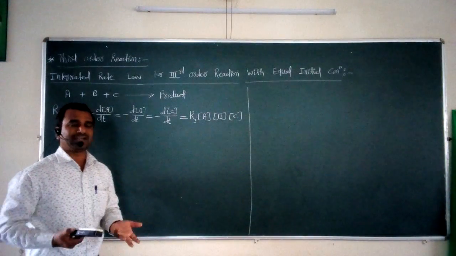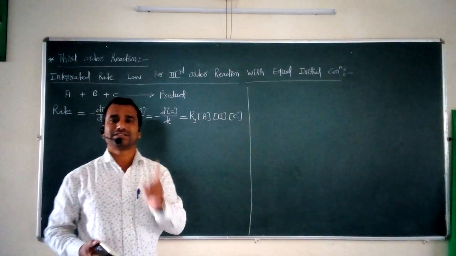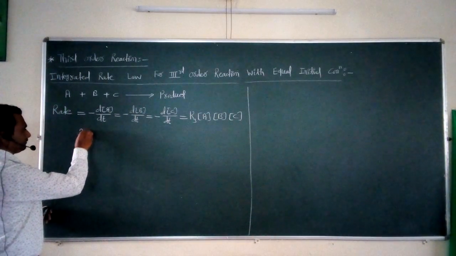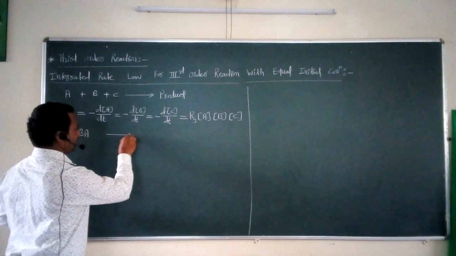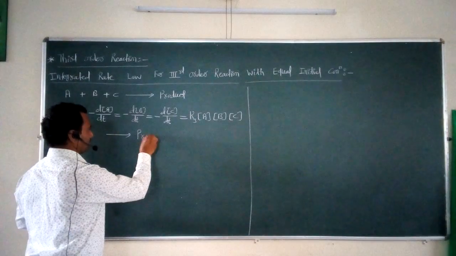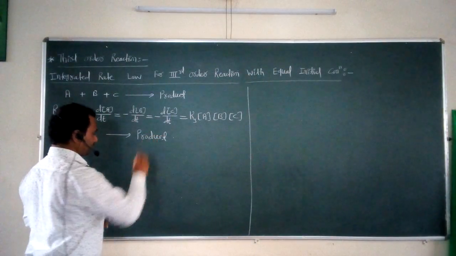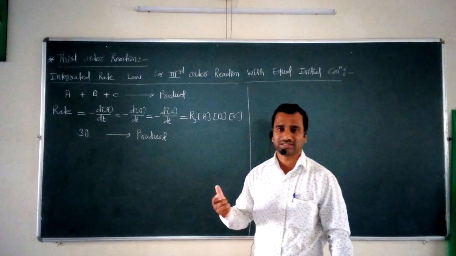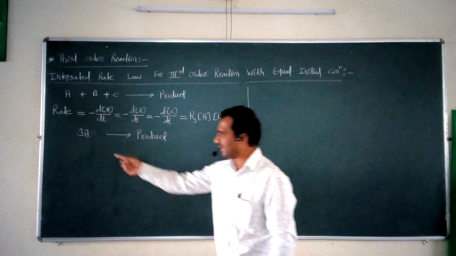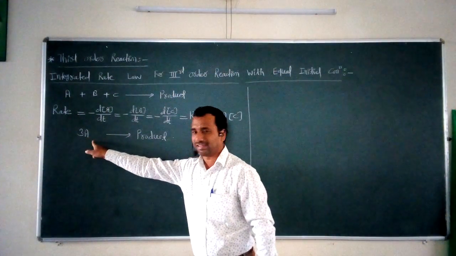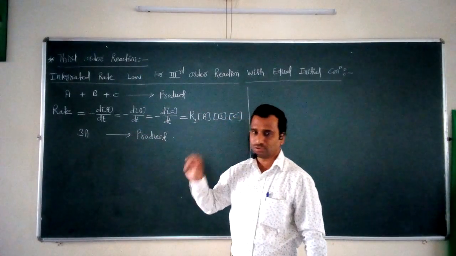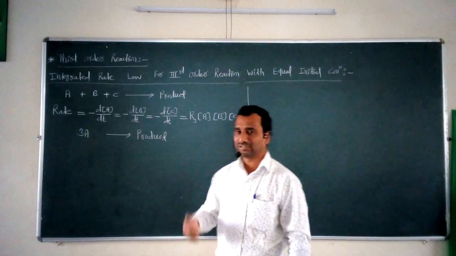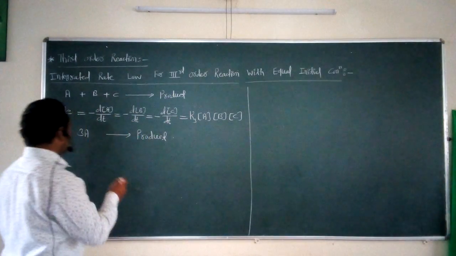Now we may take another general example for the same third order reaction, as you may write here thrice A gives the product. Now what is this? This is another possibility for a reaction whose order is equal to 3. So we may take here 3 moles of this reactant A, which gives the product. So now we are interested in again writing the rate of the reaction for this particular chemical reaction. Now how to write this? So again this is the